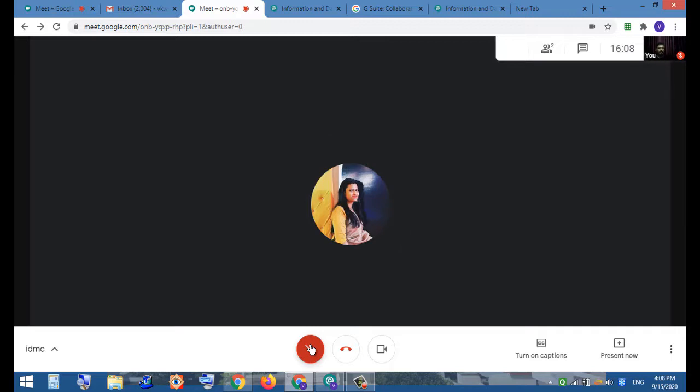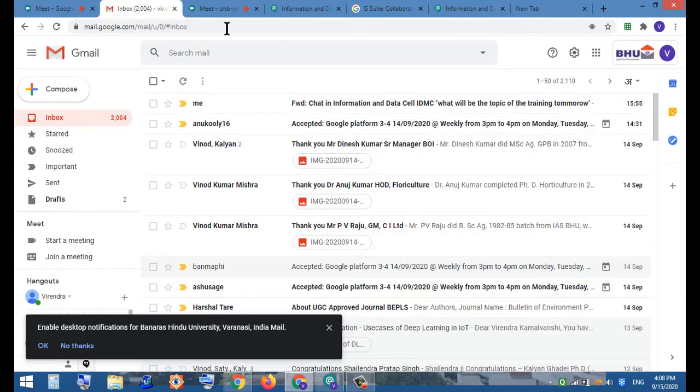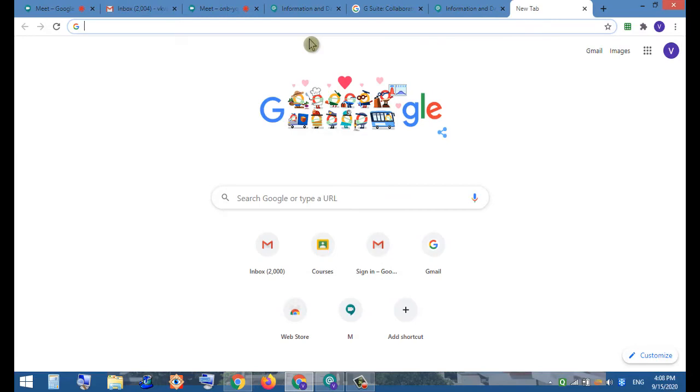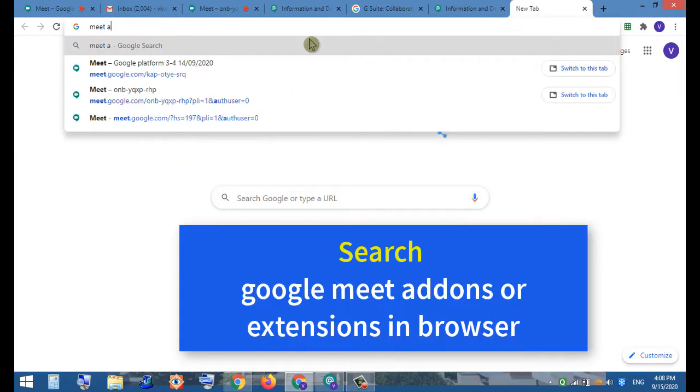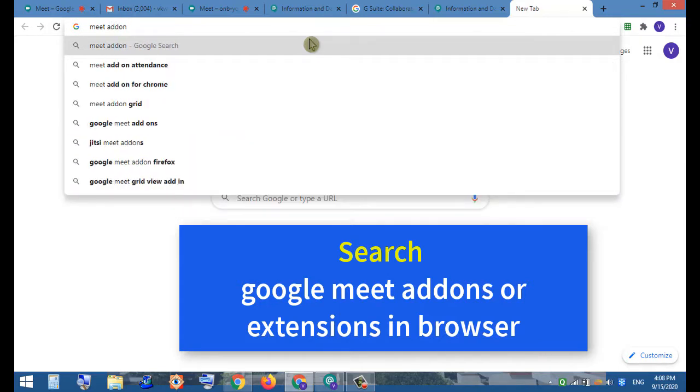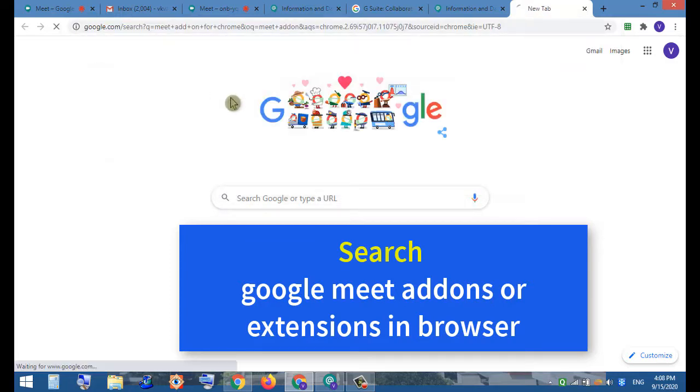Okay. So in this Google Meet we have different add-ons. We can go to Meet add-ons for Chrome.